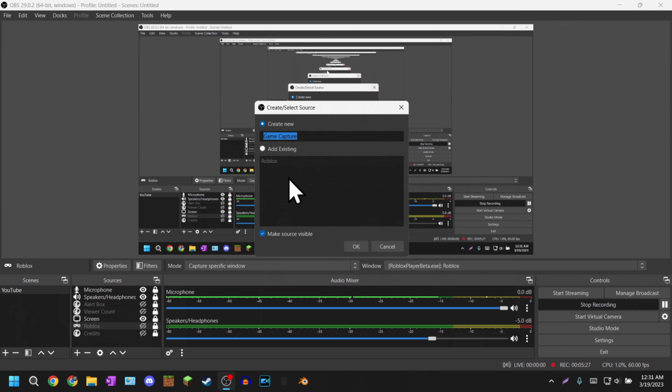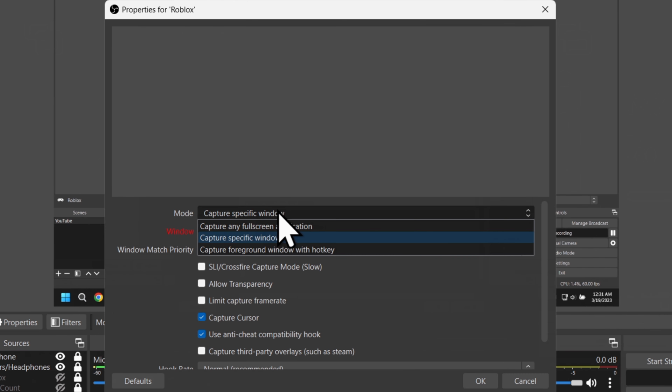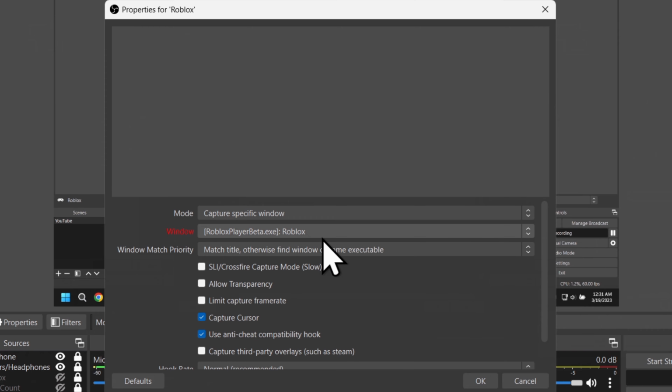And then I'll just name the game whatever it is. And if we go over here on Roblox, just as an example, I would pick capture specific window, and then I'll pick the actual window. And there are a bunch of other settings, but I don't really care about that. And then the credits. Now this actually takes up the entire screen